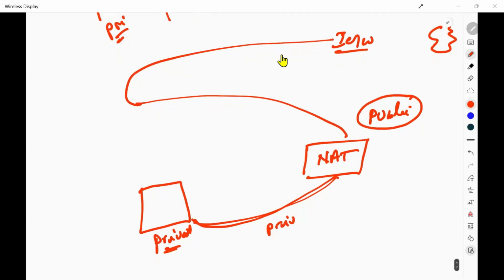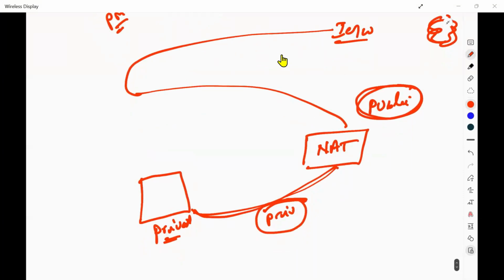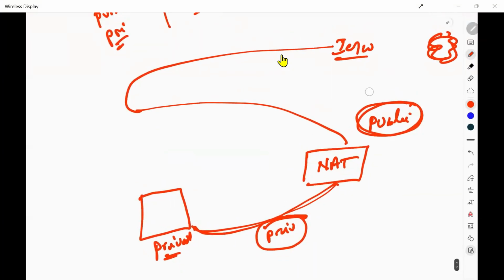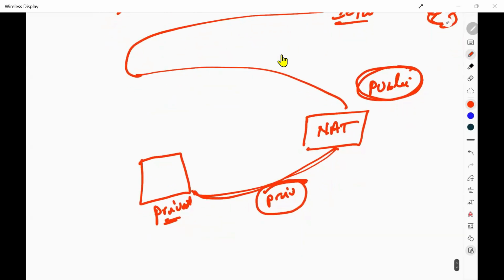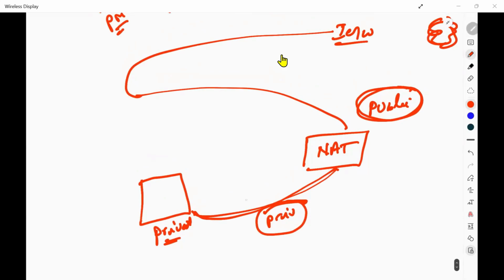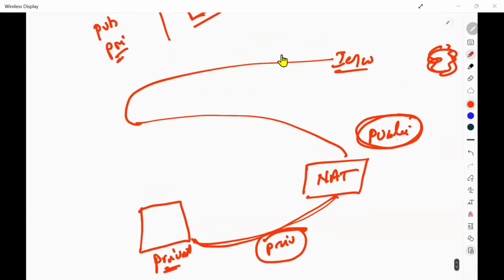That means nowhere are you exposing your private IP to the internet. You are exposing just a public IP. And what is the important thing you need to remember? That is the specialty of the NAT gateway. The question you asked is completely acceptable. This is because, yes, I am converting private to public IP and sending it to the outside world. That is fine. But if somebody knows this public IP, the NAT gateway's public IP,